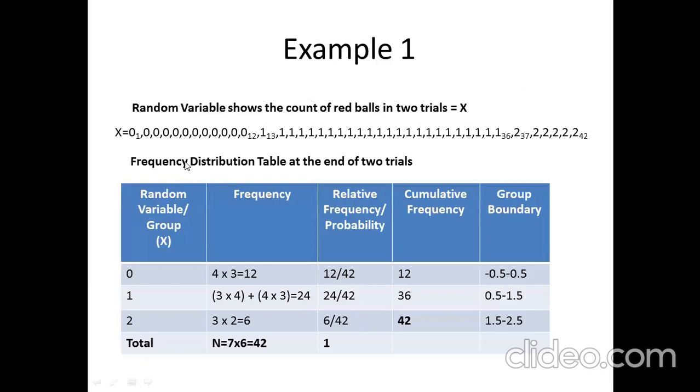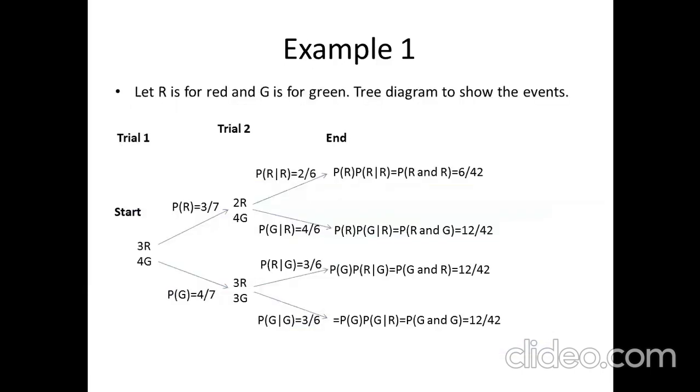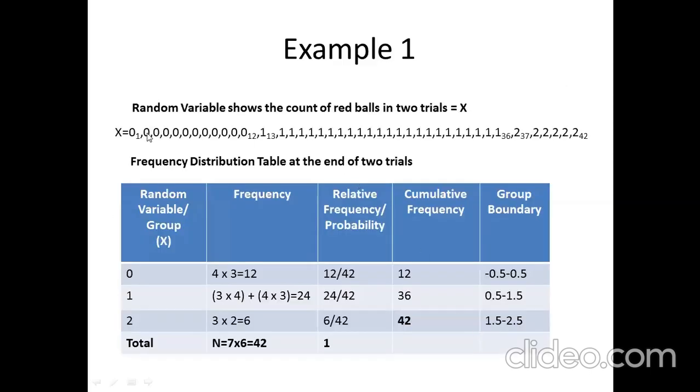Okay, but how many such zeros could we have? In how many ways can we have X having zero value? As we just saw, the frequency of X having zero value can be seen in these two end branches, right? So the frequency of it will be 12. So this means there would be 12 zeros present in our data set, right? And this is shown by 12 zeros over here.